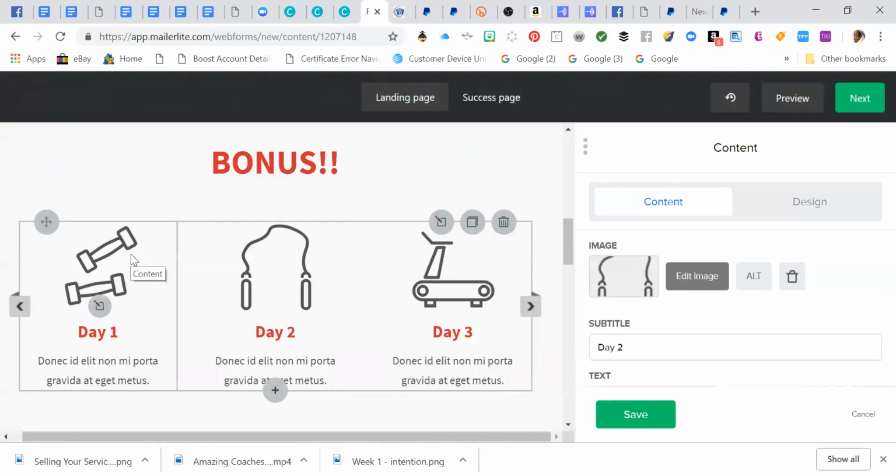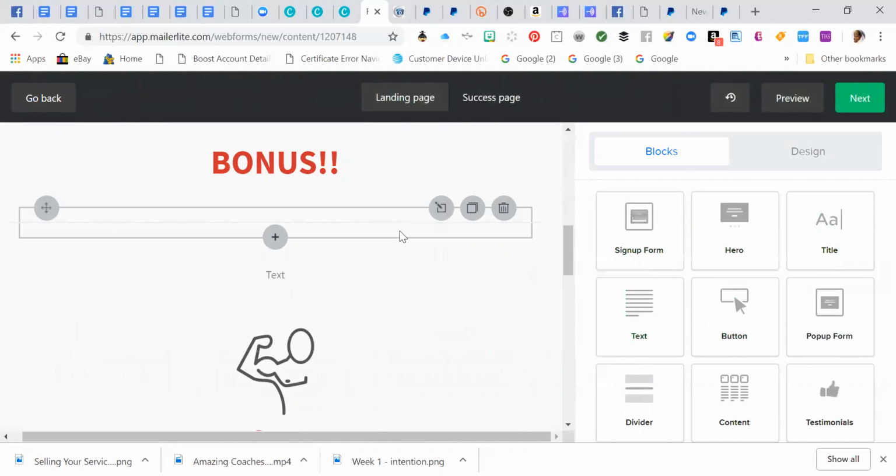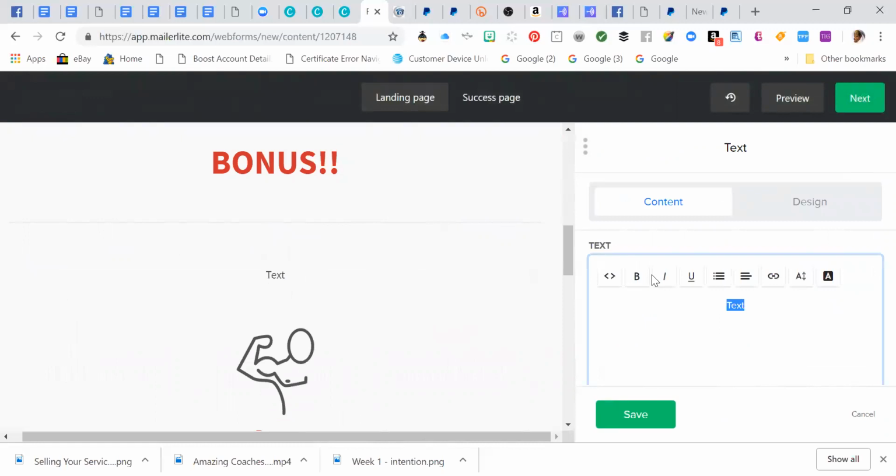And then we're going to get these bonuses in here. We're going to get rid of this because this doesn't suit our needs. And we're going to choose some text here. Now, the first bonus is, for simply downloading the 1, 2, 3